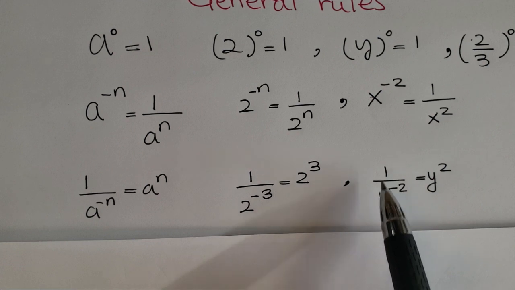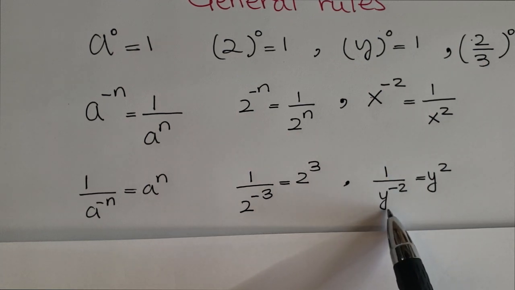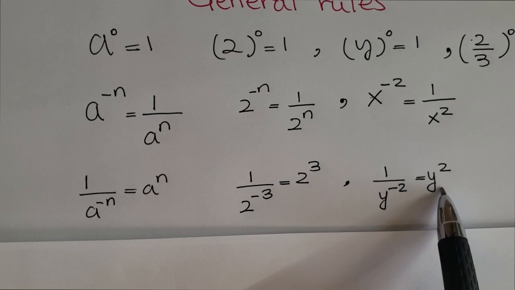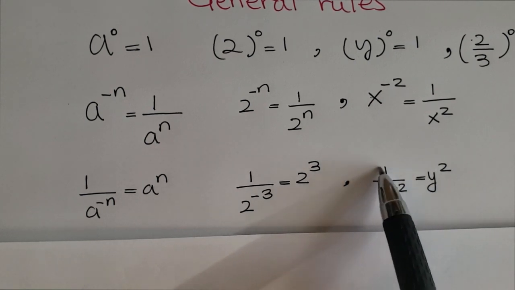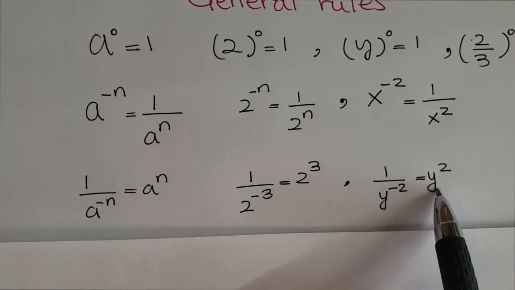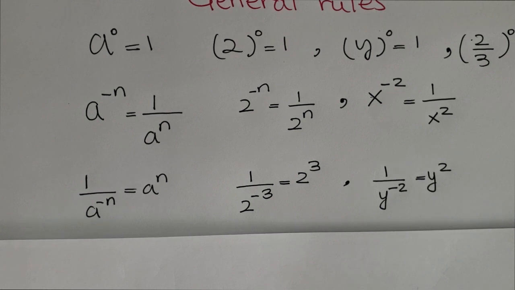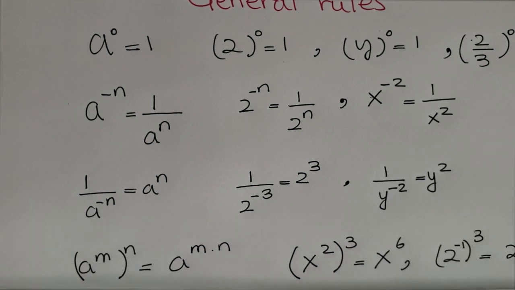Another example, here I used a variable. The exponent is negative, so it turns into a positive, but the fraction would be flipped. Here the fraction is 1 over, so when it's flipped, it would be y over 2. These are very important properties of the logarithm, and they are used very extensively when you are dealing with exponents